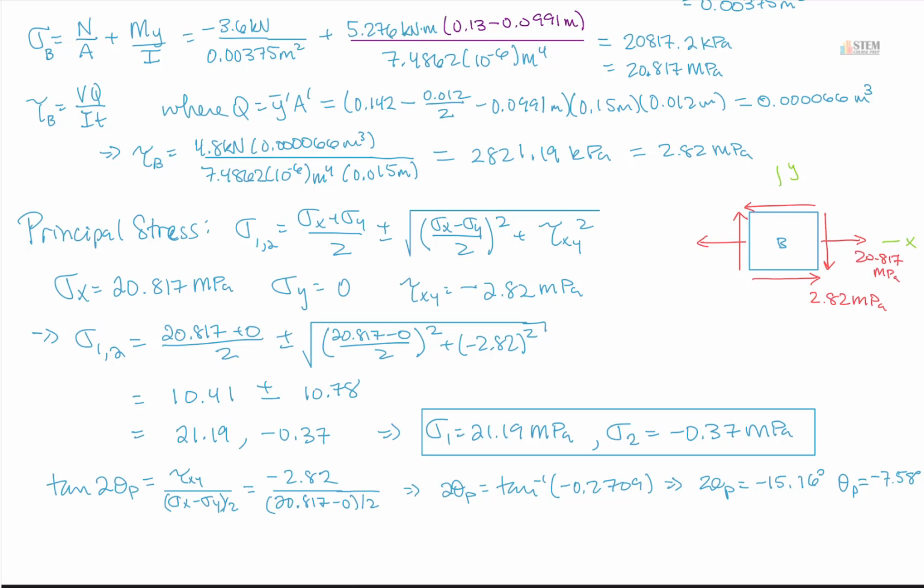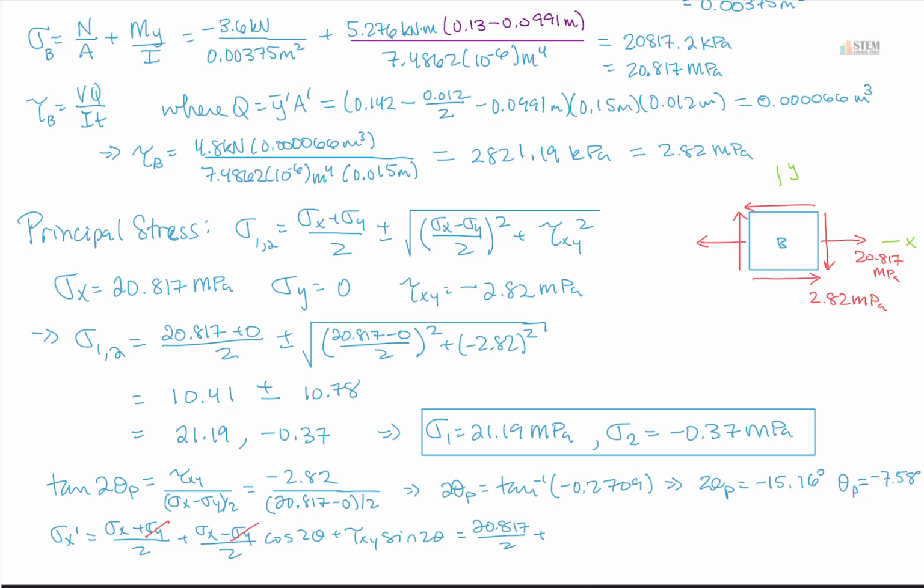So let's go ahead. We're going to plug that angle into our sigma x prime equation. So remember that finds the normal stress when you've rotated through that orientation angle. So that equation, let's write that down, is sigma x plus sigma y over 2 plus sigma x minus sigma y over 2 cosine 2 theta plus tau xy sine 2 theta. So we're going to plug that angle in with all of our stress values and see which sigma that goes with. So let's see. Let's mark out these y's first. This is 0, this is 0. So it'll simplify it a little bit. So that's going to give us